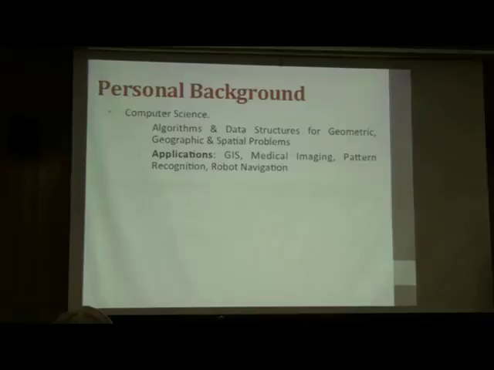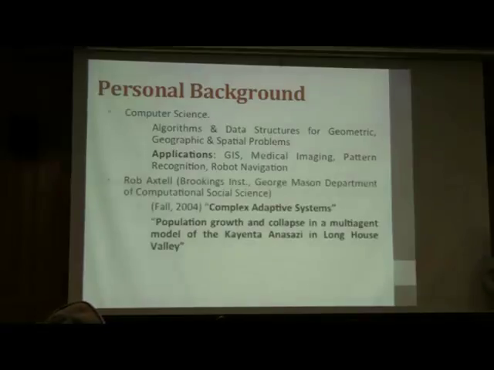So then the question is, how did I end up getting involved in multi-agent simulation? And the answer to that begins about 9 years ago. 9 years ago Middlebury College had a visiting scholar for one semester, Rob Axtell. Those of you in complex systems, particularly in complex adaptive systems, may be familiar with his name. At that point he was working with the Brookings Institution. He's now with George Mason in the Department of